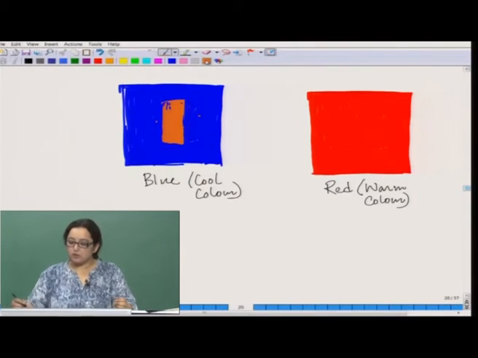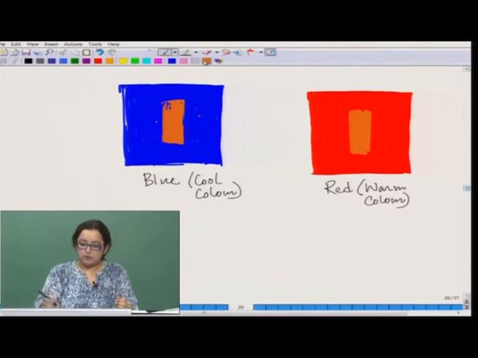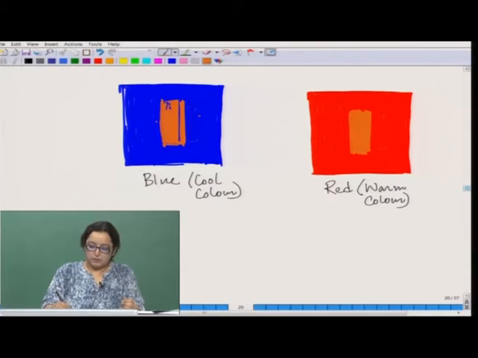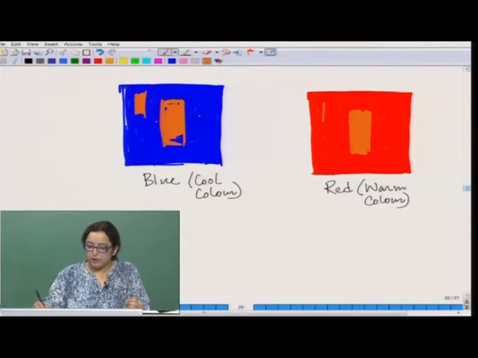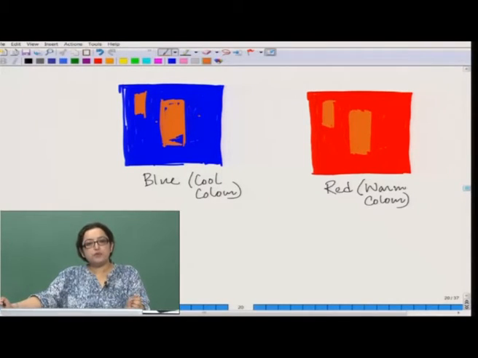Let us try it with the red surface, and you see, is the same orange that I have picked up, right. I will prove it. I am picking it from the same place, it is applied on blue, picking up the same orange, applying on red. Don't you think the orange is looking very different here?